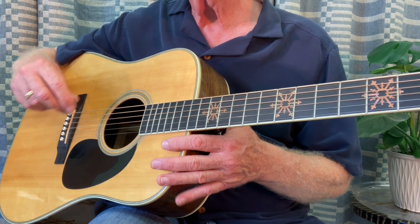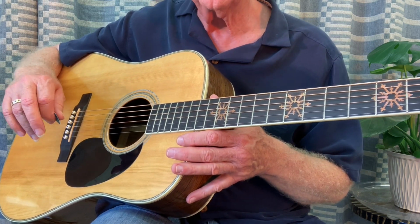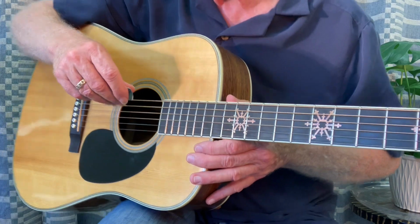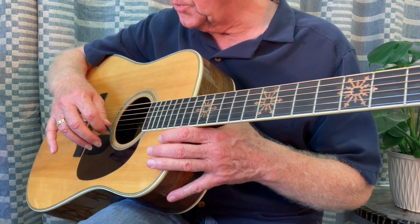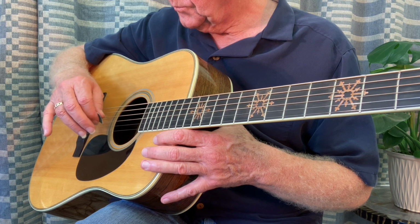The exercise I'm going to show you is called 8 times, 4 times, 2 times, 1 time, and it's a picking exercise. You're going to hold the pick like you would strumming between your index finger and your thumb. And you're going to start with 8 times on each string. I'm going to start 4 times for time's sake. And I'm going to pick 4 times,